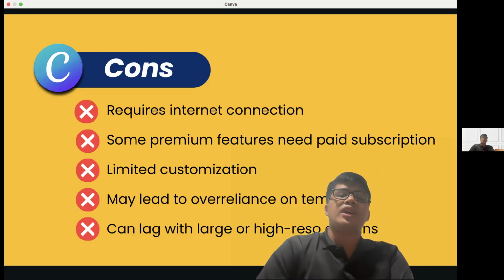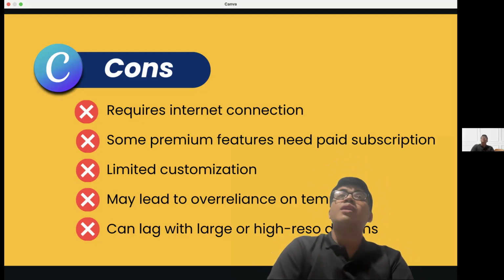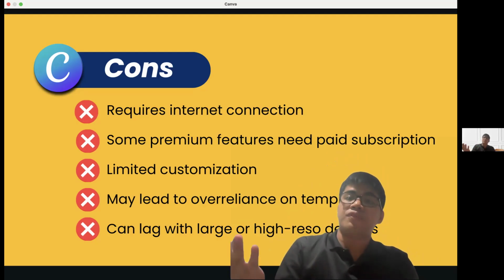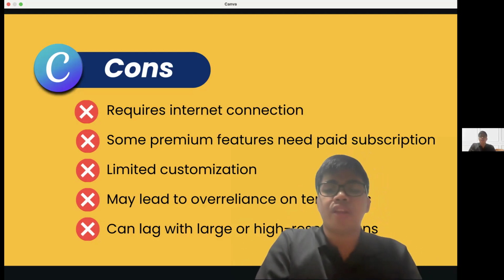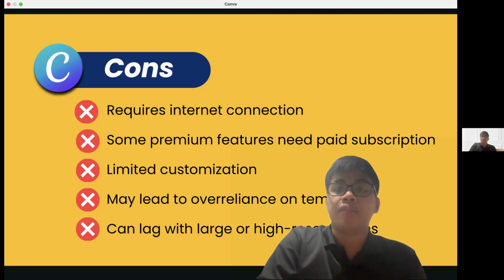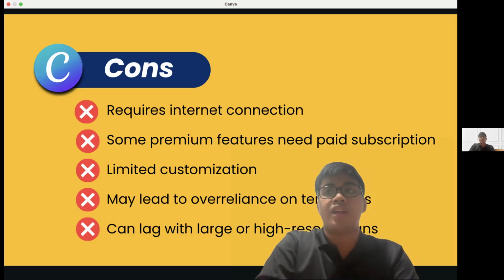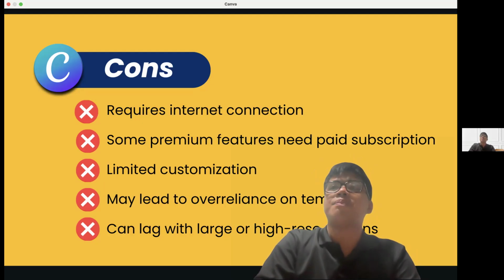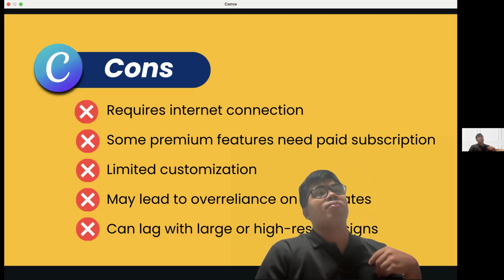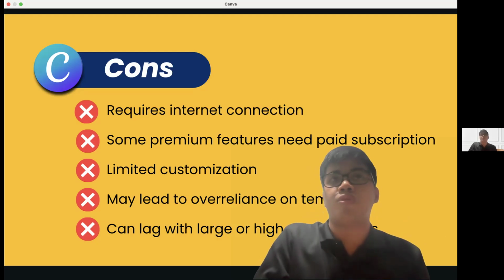Another con is that not all of us are creative enough to create something. Another con in using Canva is that it may lead us to over-reliance on templates. Let's say, for example, I'm busy, I'm so tired, I have a presentation tomorrow.